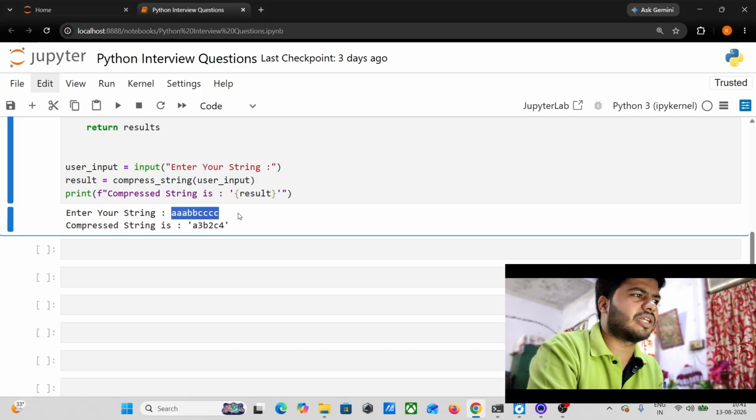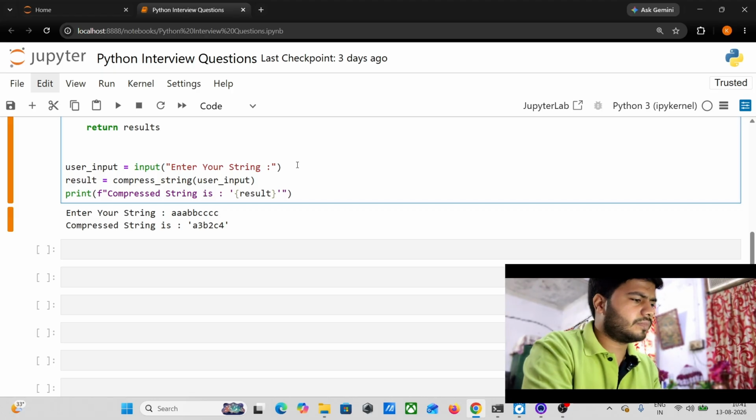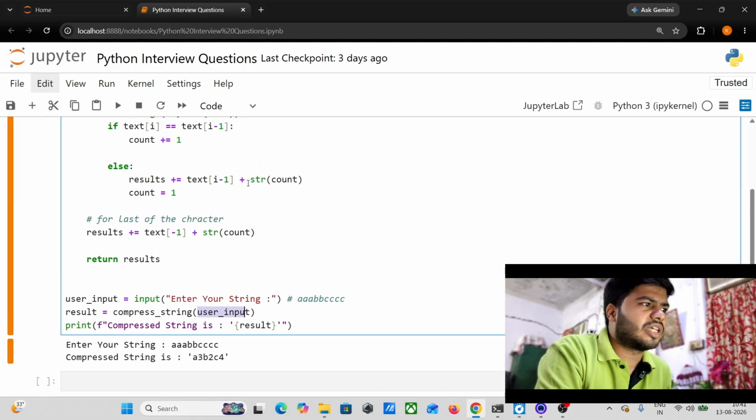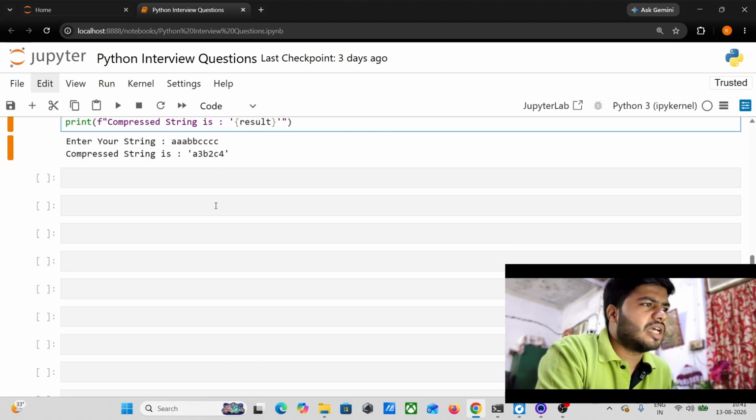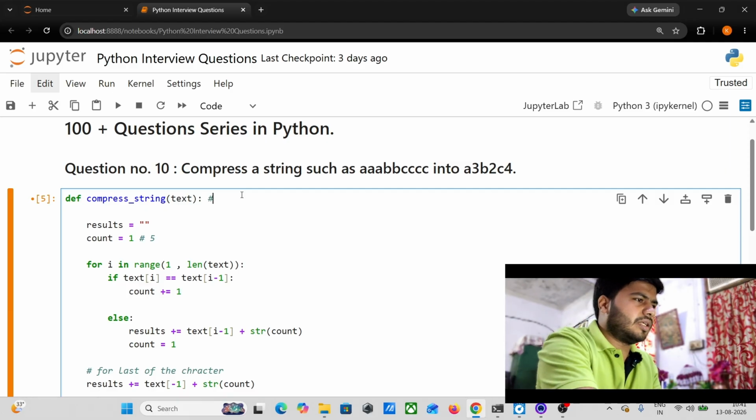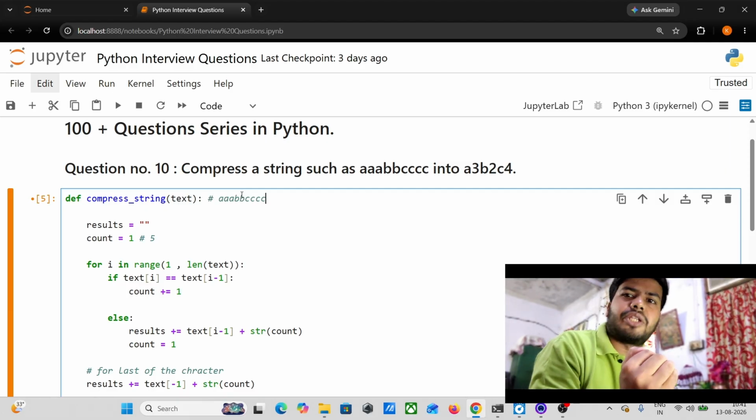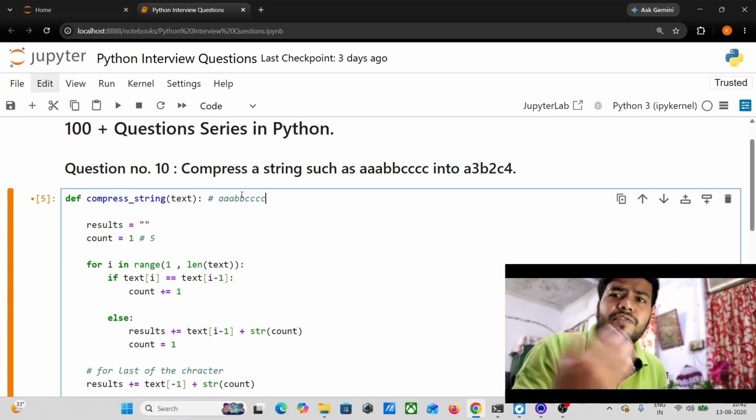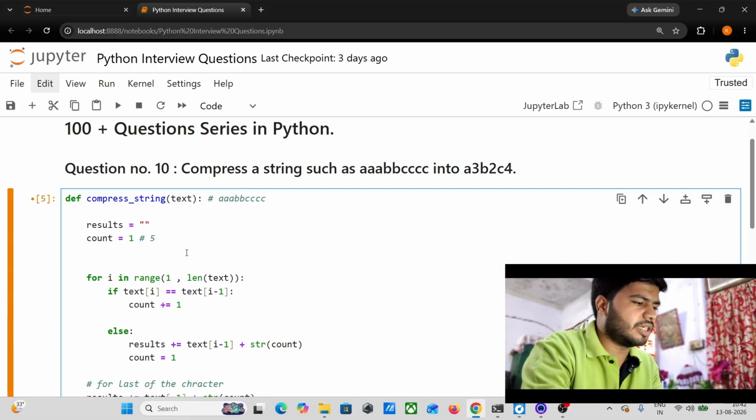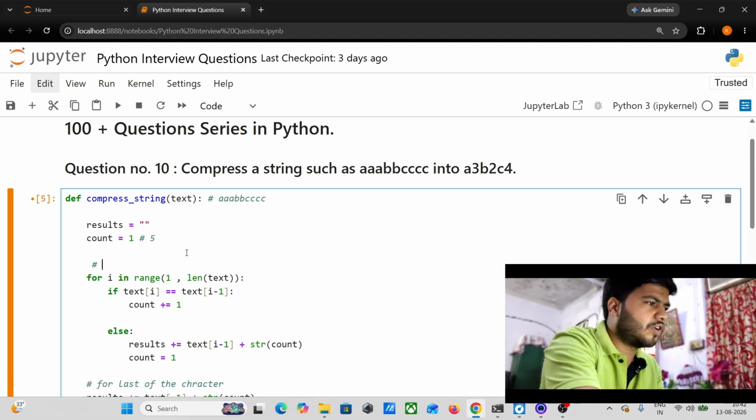So I'm taking the same input. Firstly it goes into this user input variable, and it will directly jump into the function section, which I call on the upper side. And what will happen here? My string comes into the picture. What will happen in the first iteration? So for the first iteration I'm writing here,